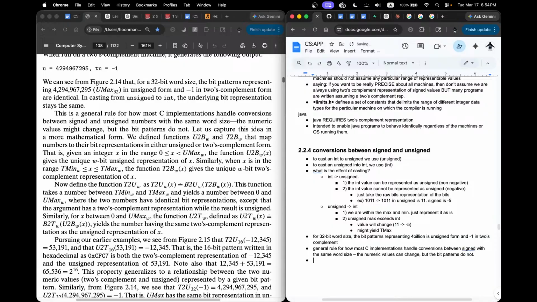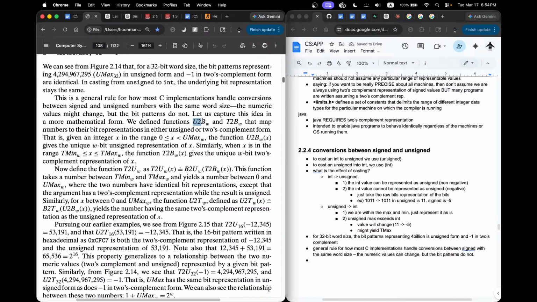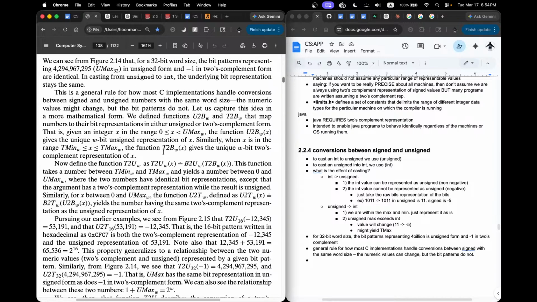Let us capture this idea in a more mathematical form. We've defined functions unsigned to binary and 2's complement to binary that map numbers to their bit representations in either unsigned or 2's complement form. That is, given an integer x in the range, the function u2b gives the unique w-bit unsigned representation of x. Similarly,